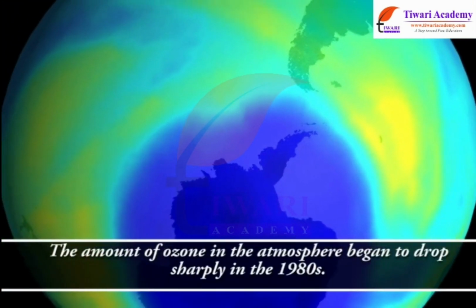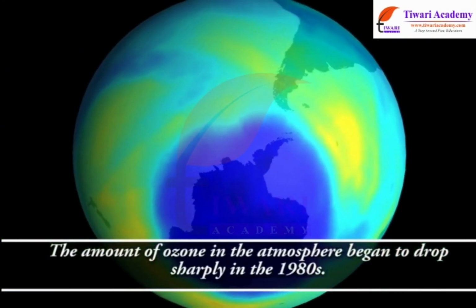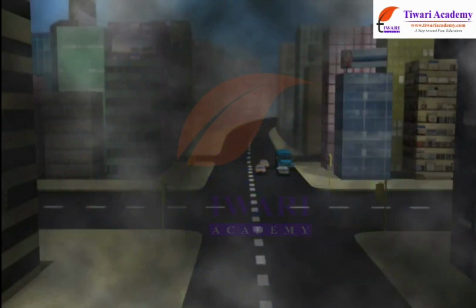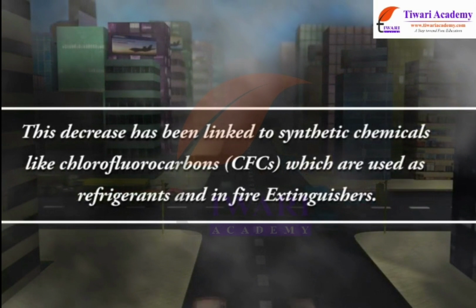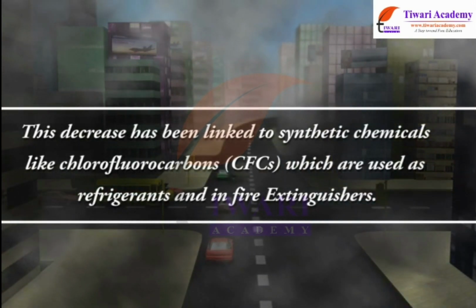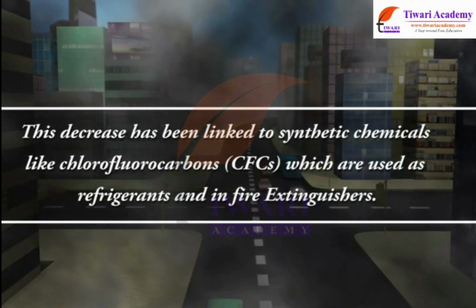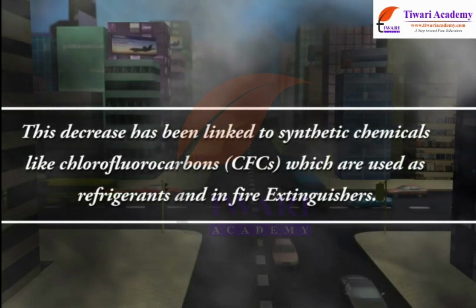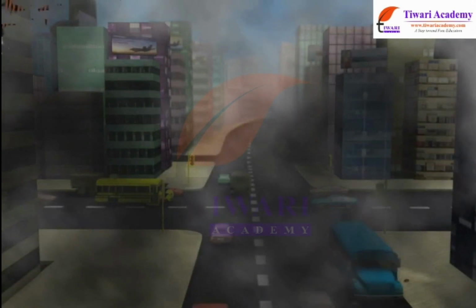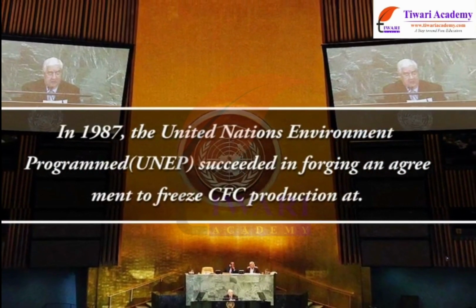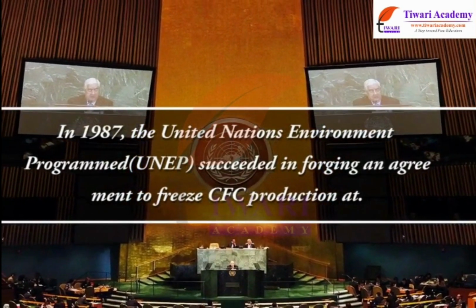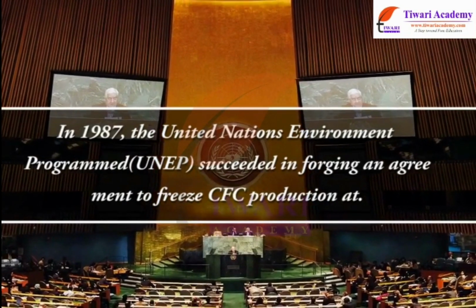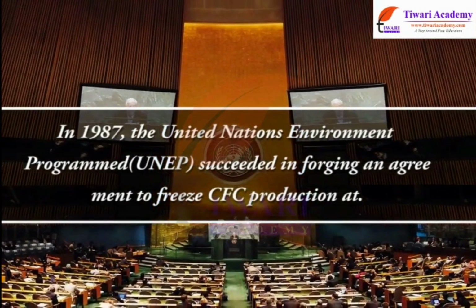The amount of ozone in the atmosphere began to drop sharply in the 1980s. This decrease has been linked to synthetic chemicals like chlorofluorocarbons, CFCs, which are used as refrigerants and in fire extinguishers. In 1987, the United Nations Environment Programme (UNEP) succeeded in forging an agreement to freeze CFC production at